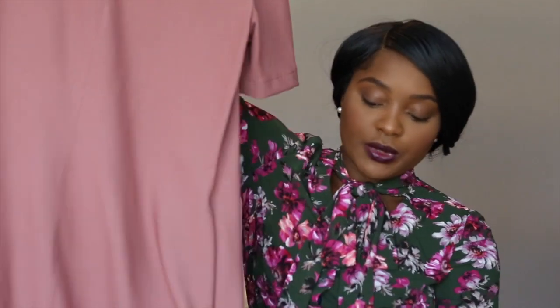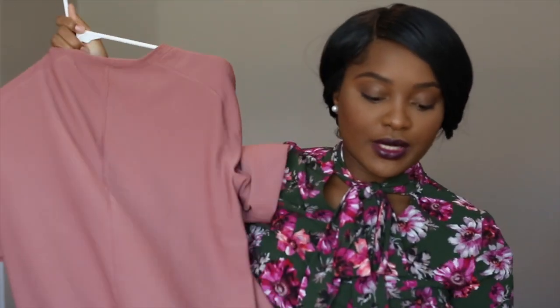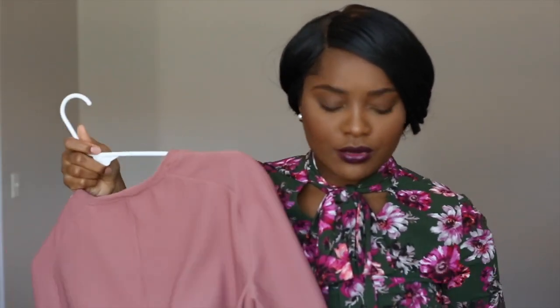One thing that I liked about this particular pattern and this finished make is it's very comfortable. In the blog post, I think I wore it with sandals. I've worn it out and I just wore some tennis shoes with it, and it's very comfortable, looks very chic. It does have a split on both sides, and the thing that I found is the split goes pretty